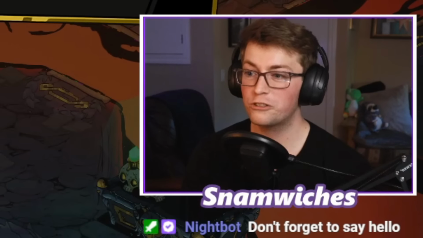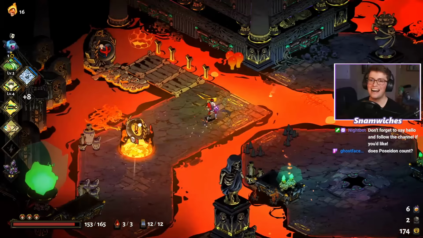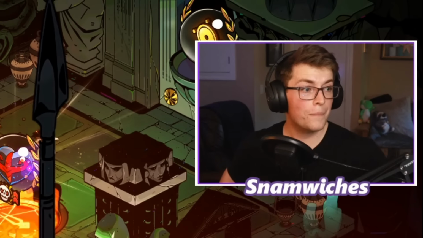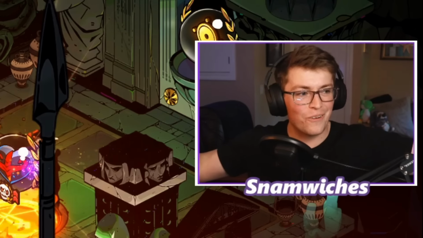What, 12? What does 12.5 even mean? Since when can I get a 0.5? It's at 1.5. Wait, how? What? Oh, does it go up by more when it ranks up? Am I doing this the hard way? Oh,